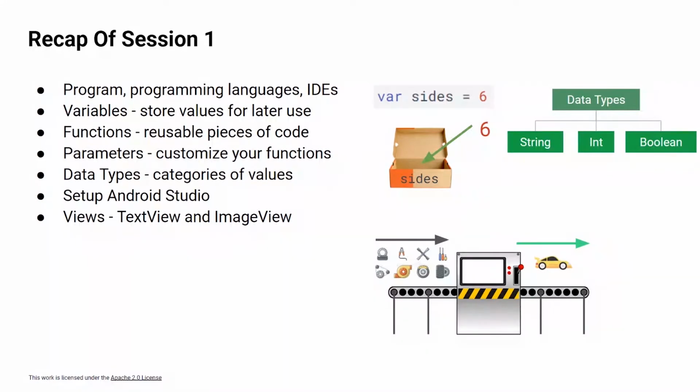One more thing to keep in mind is that data types are actually assigned to variables, meaning that when you declare a variable, you tell the program that this variable will only accept this data type. So here, when I declared size, ideally in Kotlin, you would declare that size will only have integer values. So you can have 6, 7, 8, 9, 10. And if you try to give it a value of another data type, it will actually throw an error. And we'll look at this as well.